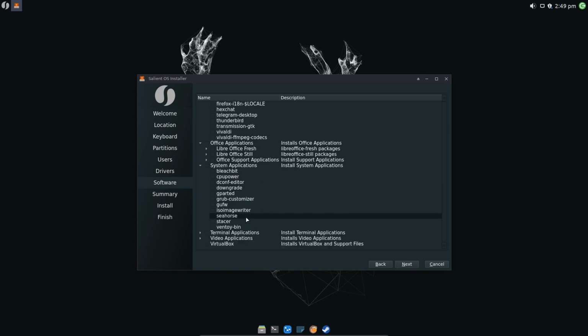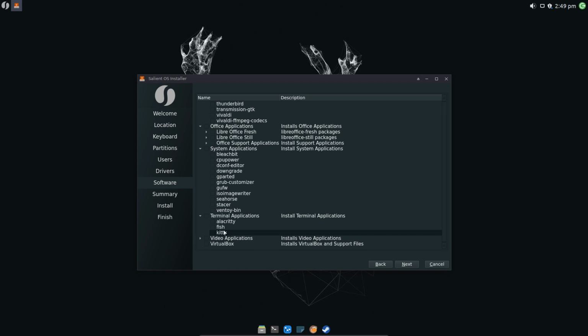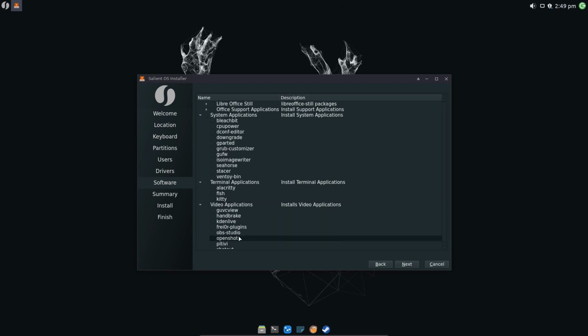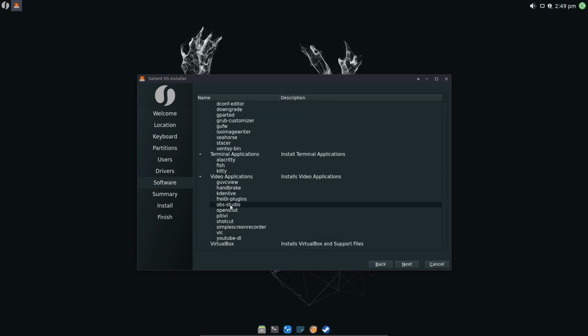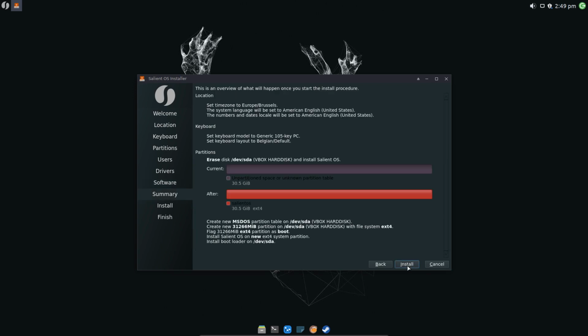So choices again, Grub Customizer, ISO image writer, Stacer is there, Ventoy-bin is there, fish, kitty, video applications, OpenShot, OBS Studio, PiTiVi. Maybe you haven't heard that or seen that very much, so well, why not install it, right? Just give it a try, and maybe you like it. VirtualBox is here, install it or not.